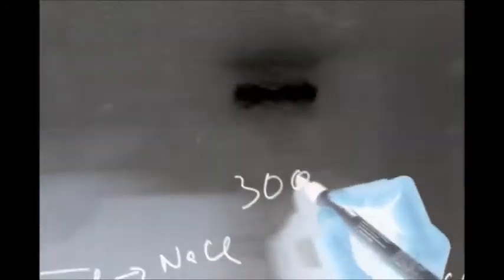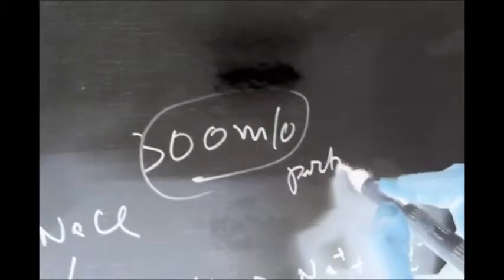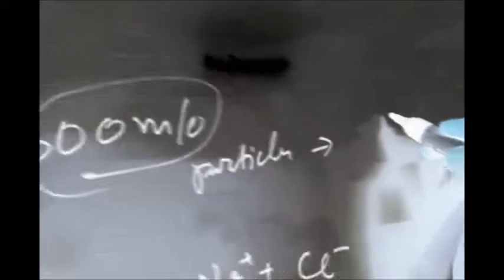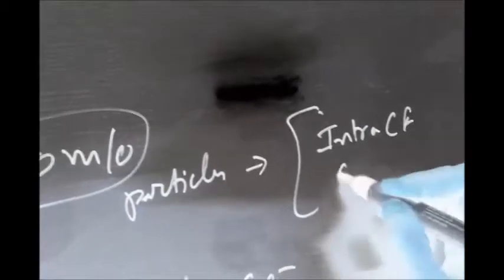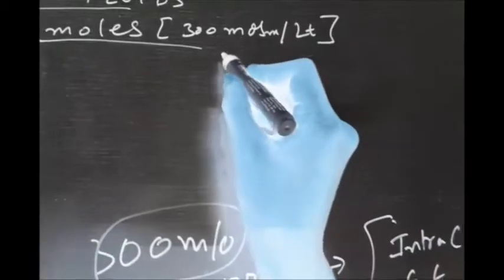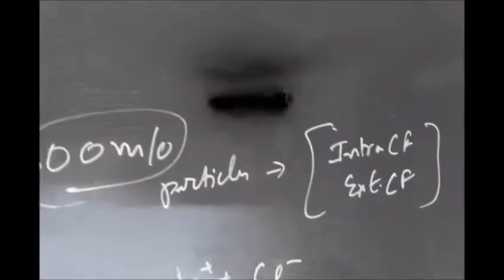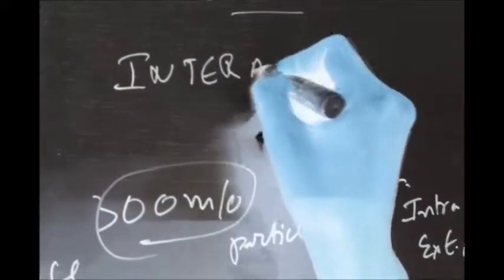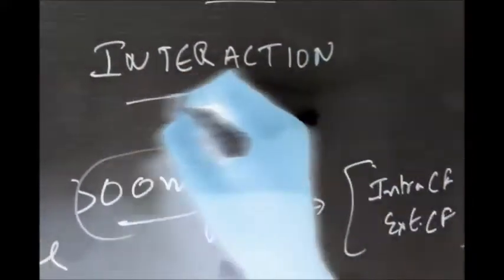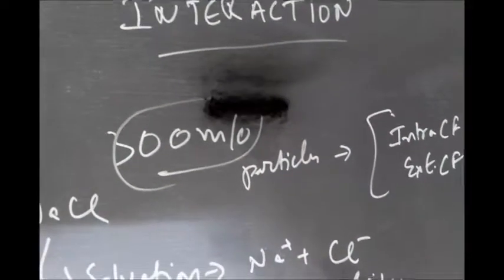If we have 300 milliosmol, that means there are such numbers of particles inside the party, or we can say a solution, or in the body, the intracellular fluid and extracellular fluid, which all maintain this concentration. This is the measure of those particles which are interacting in the system. Interaction is the keyword here, which creates the osmotic pressure, and we will see in the next video in a semi-permeable membrane how the particles react where the solvent is allowed to move.